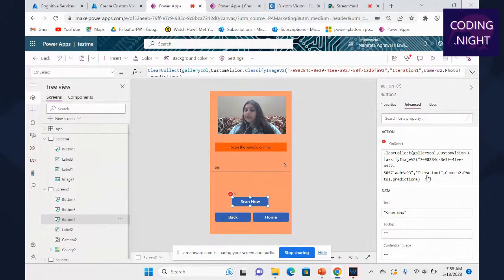Then we are using the iteration. If you are on iteration 50, that's not a big deal, you can write it here, and that's the name of your iteration. Then you go about camera.photo. It's a feature where you are telling the app that you are using a live cam.